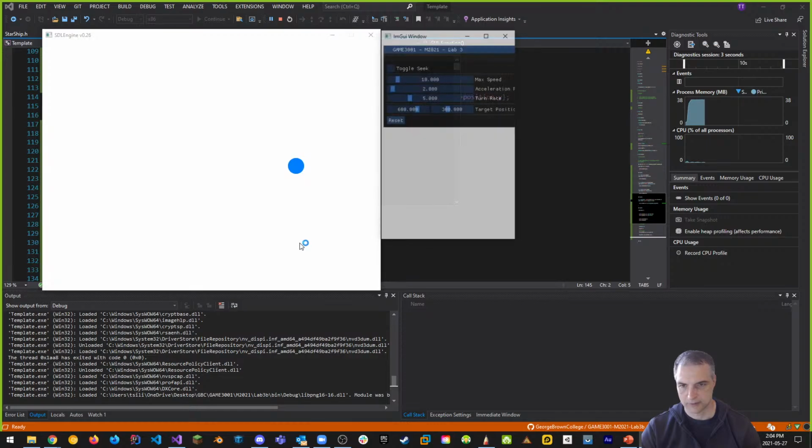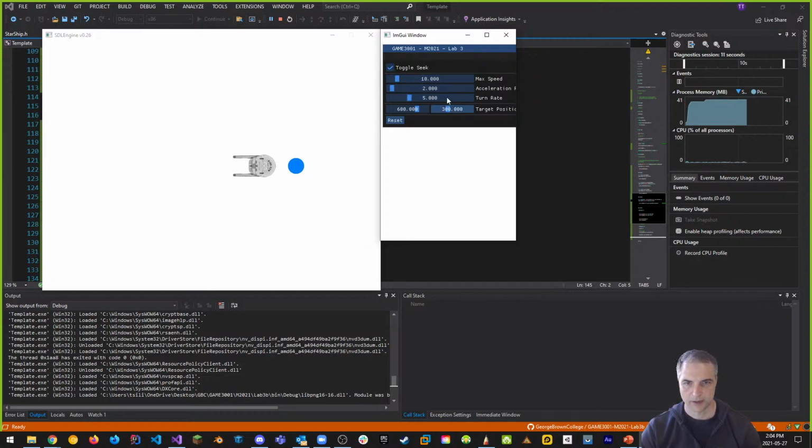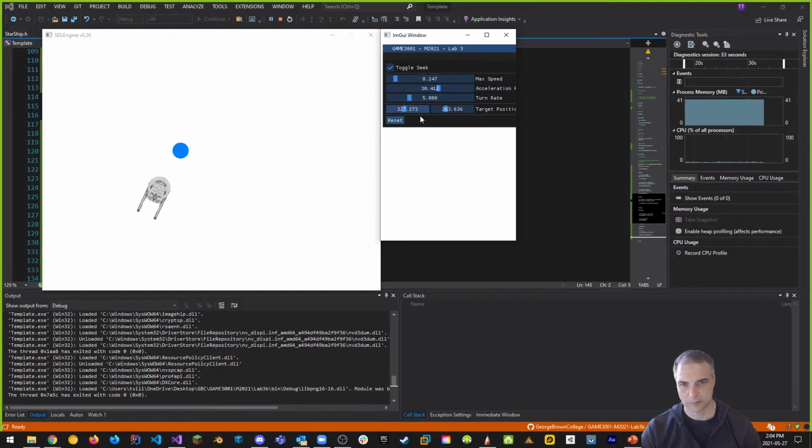So again, we start this off here, and we have this reset. Notice reset doesn't do anything. But if I click toggle seek, it starts it off. And then I can change the values. We can go back to the maximum speed is 1 or 2, increase acceleration rate. So I can make it do what I want it to do. And then I can change the target location, right? So to follow it, and then that's cool. I can change the maximum speed so it's more reasonable, and increase the maximum acceleration to max, and increase the turn rate if I want to,